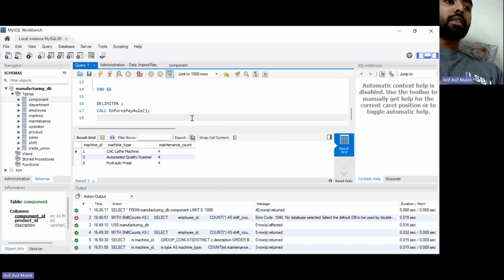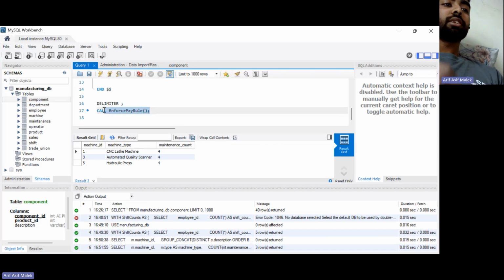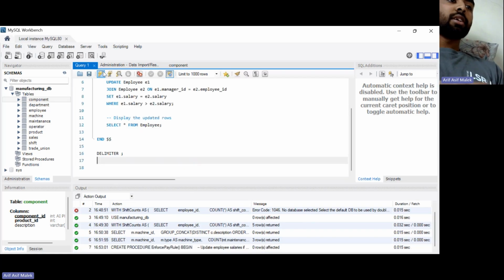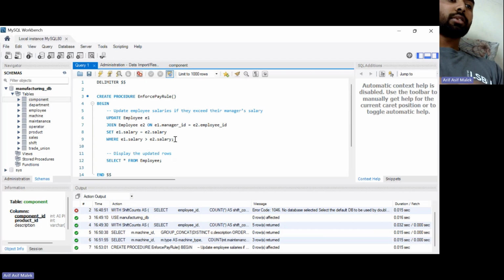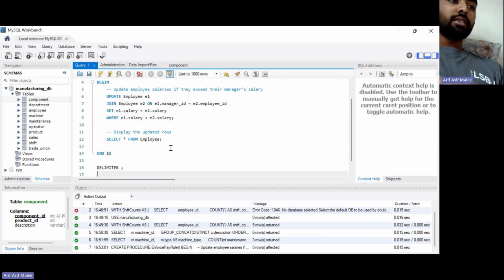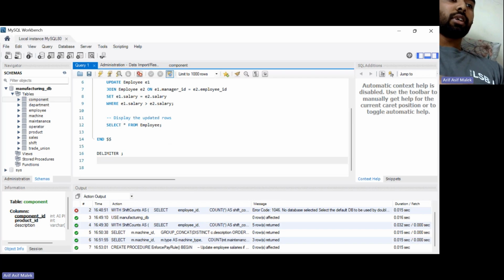Procedure. It ensures employees don't earn more than their managers, adjusting the salaries accordingly. It updates salaries using a self join on manager ID and then displays all employee records. When I execute it, a procedure is created. To call this procedure, I'll call